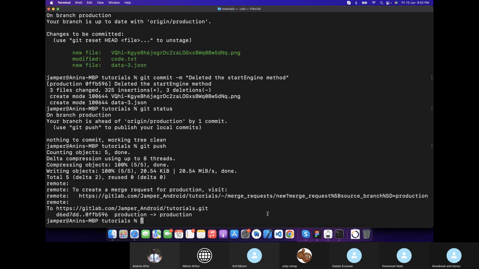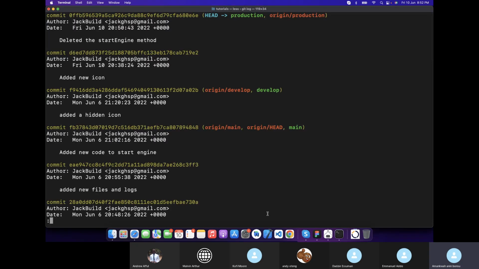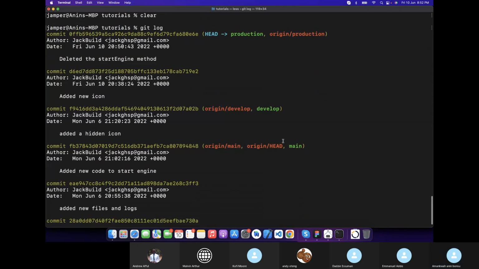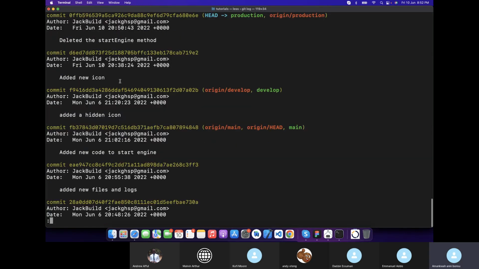So right now, let's clear our console. We are on production, so we can do git log. When you do git log, it will give you all the logs that you've done on that particular branch. So when I do git log, it will walk us through the whole thing. Currently we are on this. Last Monday, we learned about checking out to a specific commit. We learned about that one. So assuming